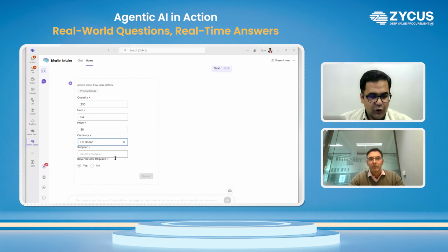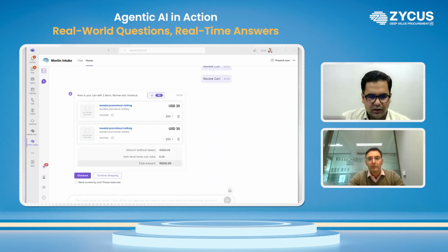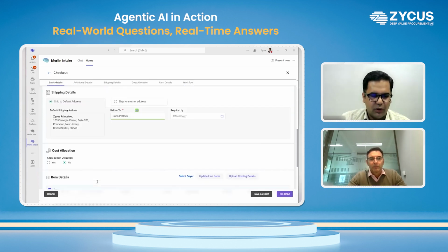And this also, by the way, calls out that if we are doing something non-standard or in a maverick setup, it will take some extra time. But again, as we see, the time taken for this is minimal. The user is getting guided, and we can simply check out and do the same process again. The filter, the request details and everything is filled in, and it will take us simply to a PR creation,